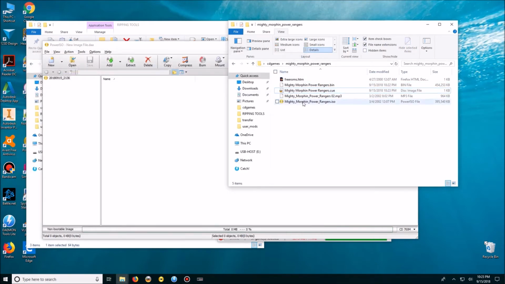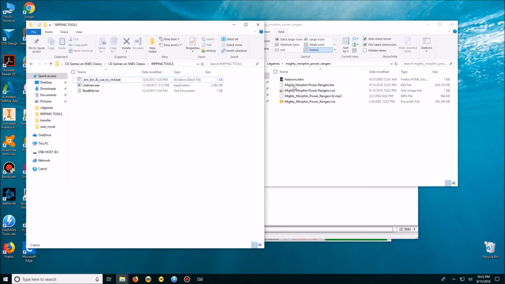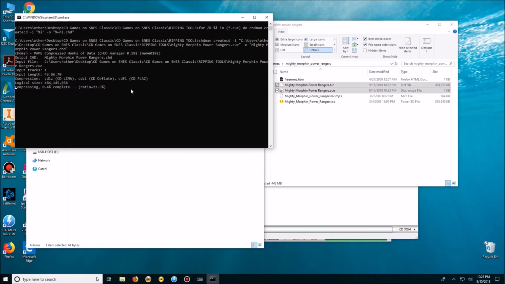Okay, now that we have our bin and our Q file, again, we need to repeat the process of copying them to this folder, our ripping tools folder, and run the bin Q file bat. The bat that converts them to .chd,